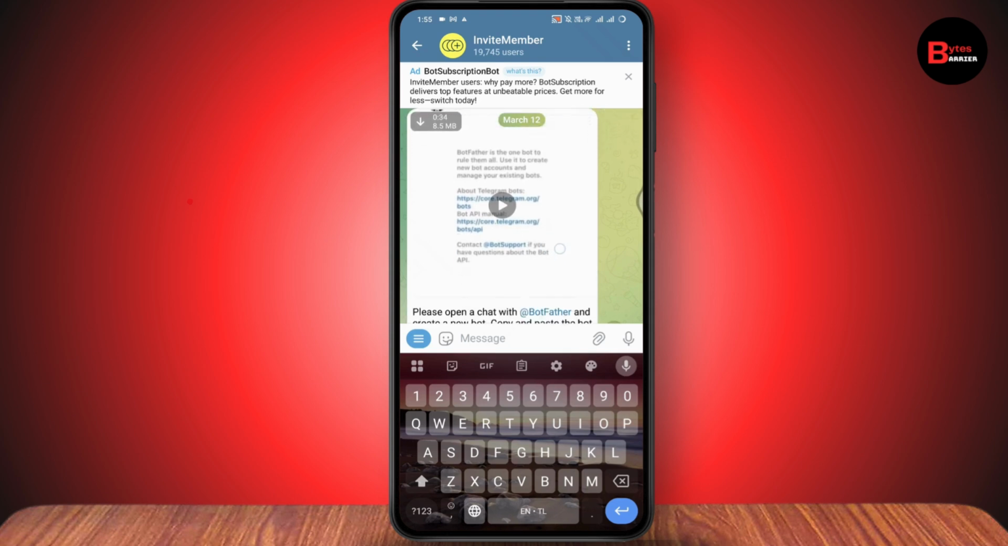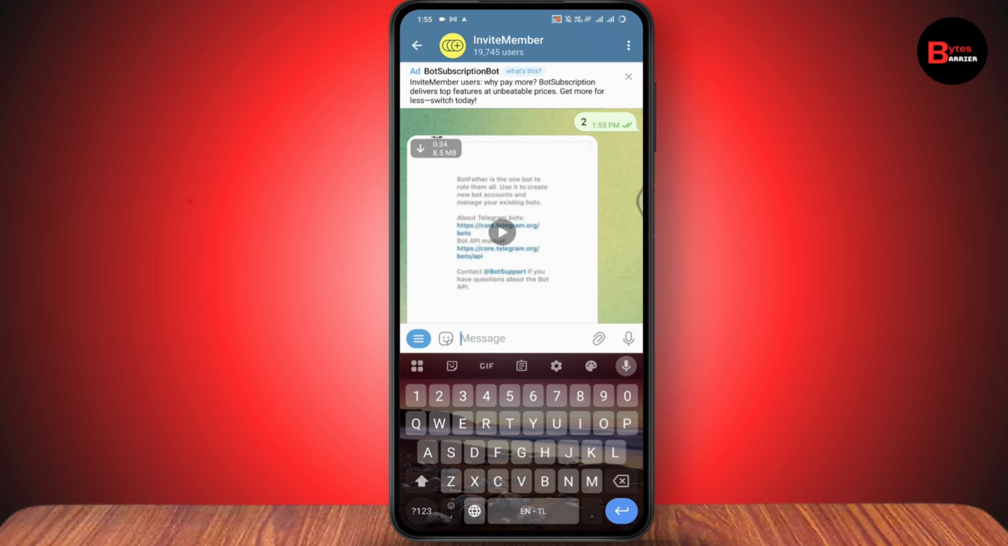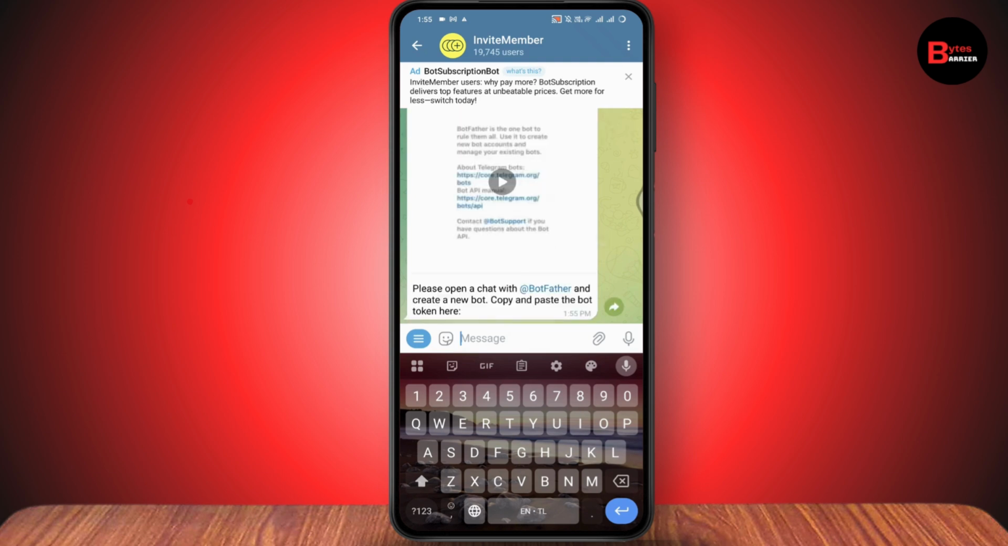Now once you've done with all of the steps here, it says that you need to open a chat with a BotFather and you need to create a new bot. So copy and paste the bot token here. If you want the guide, then you will also have the video. You can just simply go and see the video and follow the steps that this bot says you. And that's it. That's how you can set up your paid